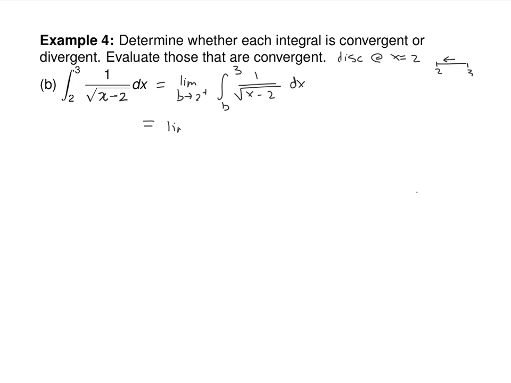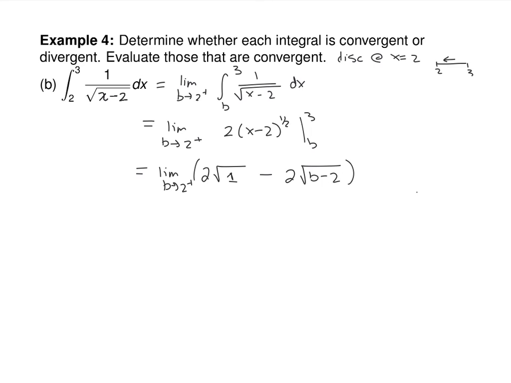And this one doesn't really even need a substitution to anti-differentiate it, so I'm not going to bother. This is x minus 2 to the negative 1/2. Its antiderivative is 2 times x minus 2 to the positive 1/2. If you choose to do a substitution, just change your bounds and you'll be just fine. You should get the same thing. So this gives us the limit as b goes to 2 from the right. We'll have 2 times the square root of, well, 3 minus 2, or 1, minus 2 times the square root